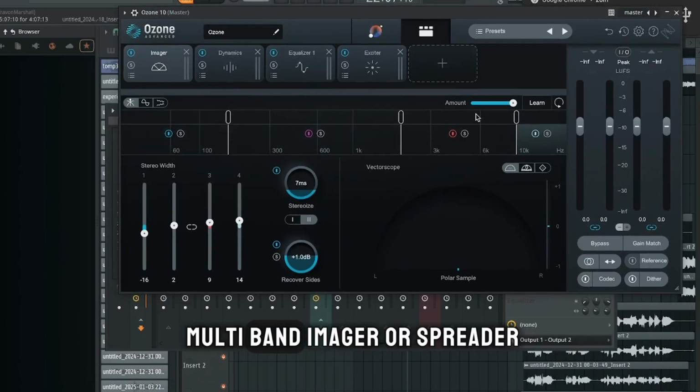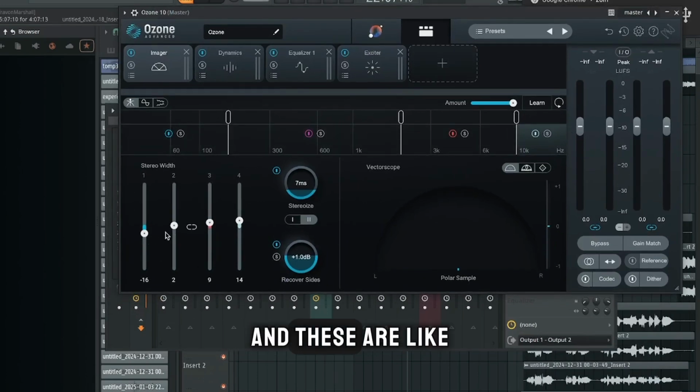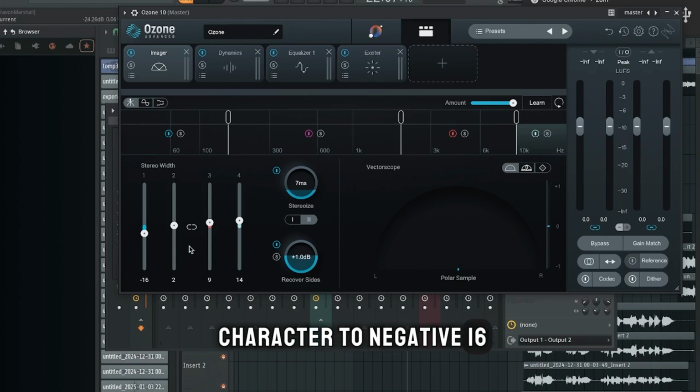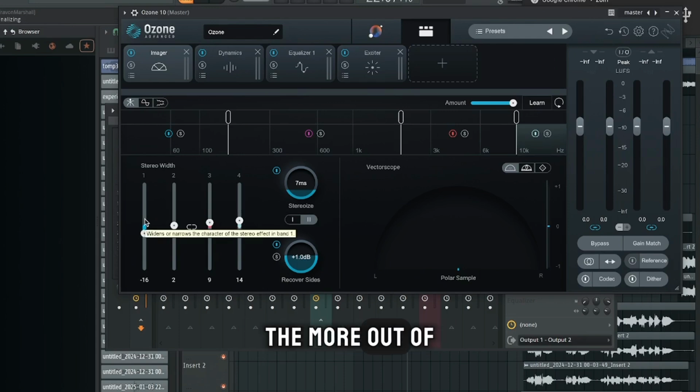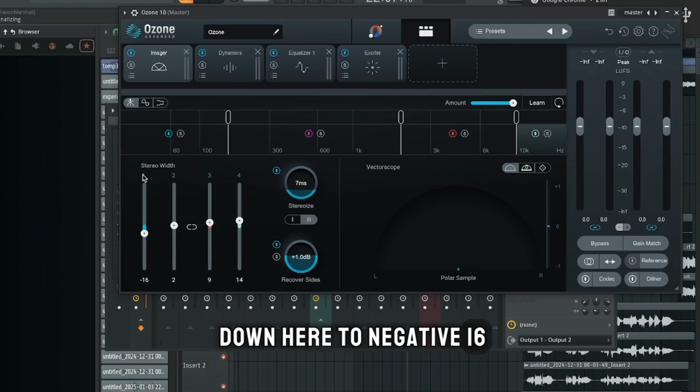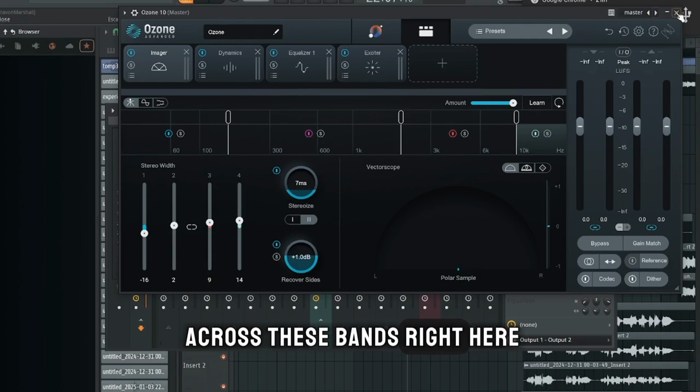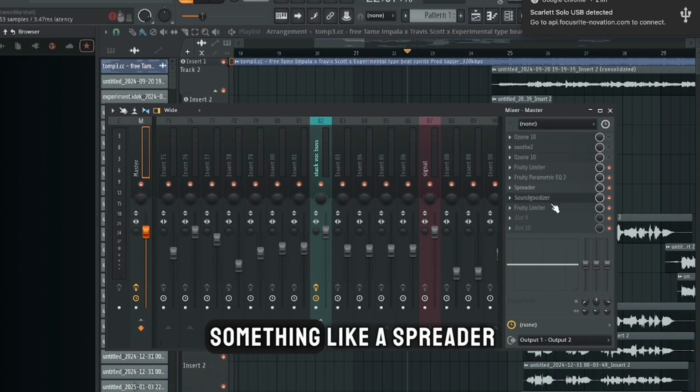So it's a multi-band imager or spreader, and these are the different frequencies I have to control. But as you can see right here from my low end, I have the stereo character at -16, and I have the highest set to 14. The reason this is so low is that the higher you turn this up, the more out of balance it is going to make your overall master sound. So you want to make sure you get that taken care of by going all the way down here to -16 for your stereo width across these bands, or if you're using something like a spreader,